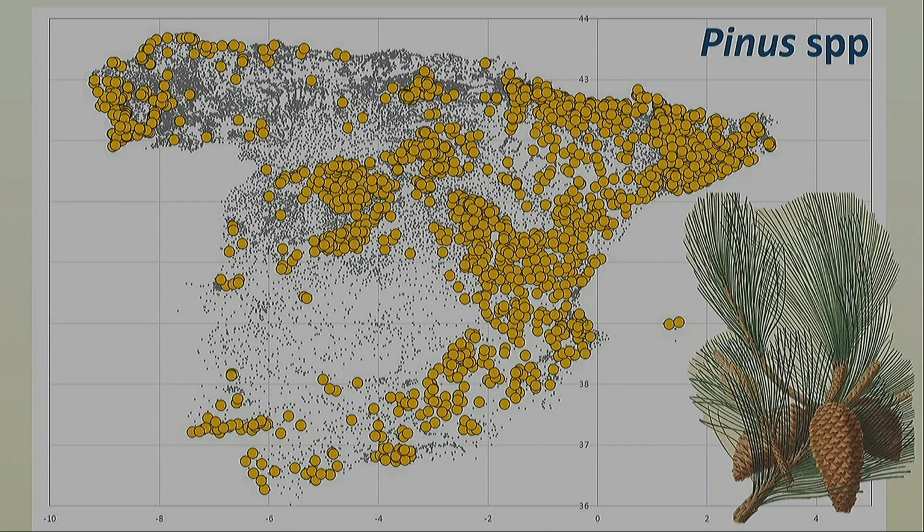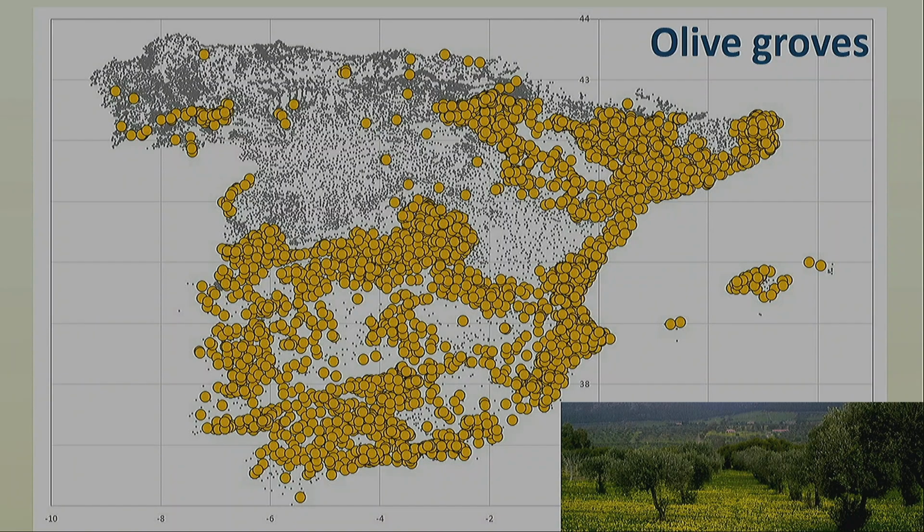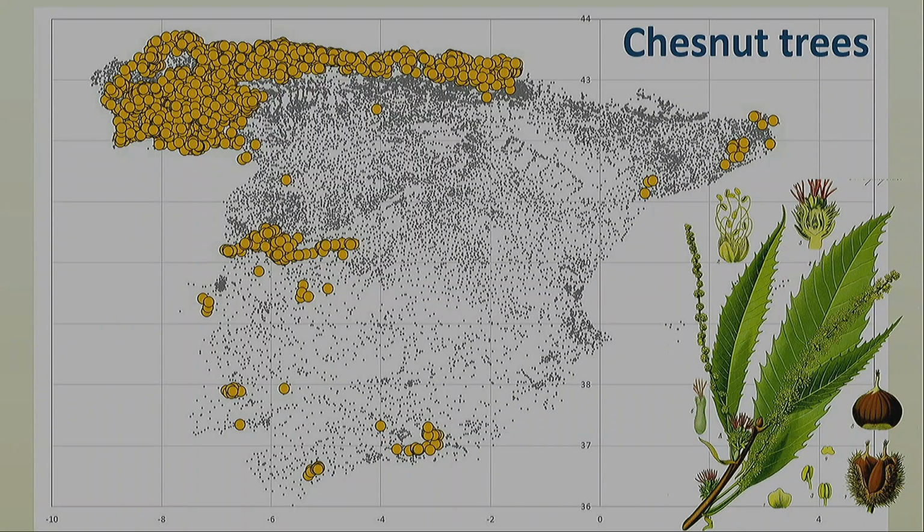We have, in general, pine trees, all trees within the genus Pinus, which cannot be differentiated in our data set. We have the distribution of the olive groves, of chestnut trees,